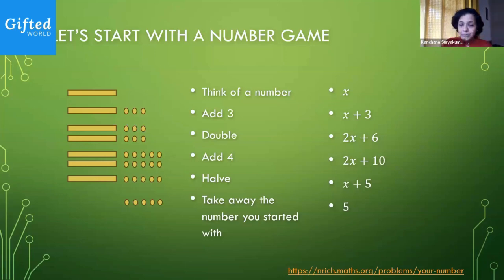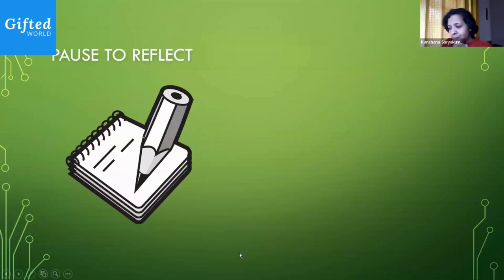So I want you to think of some of these. I will pause for a bit, so that you can note down if some of these strike you, if something can change, if I change some of the rules or a number type. But if you've totally understood what is going on, I would like you to create a small puzzle for yourself. Let's just take a quick half a minute to do this. Think through and see if you can create your own number game, number puzzle. Hold on to it and we will figure out a way to test it through the masterclass. So I'm going to give you just half a minute to pause and reflect.